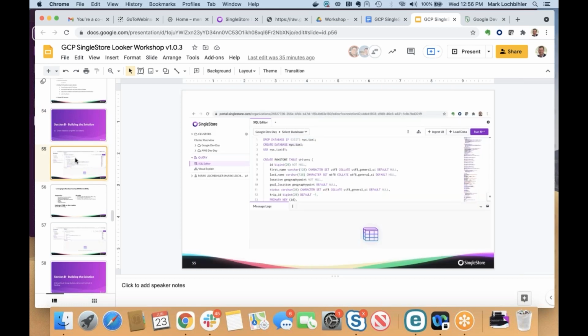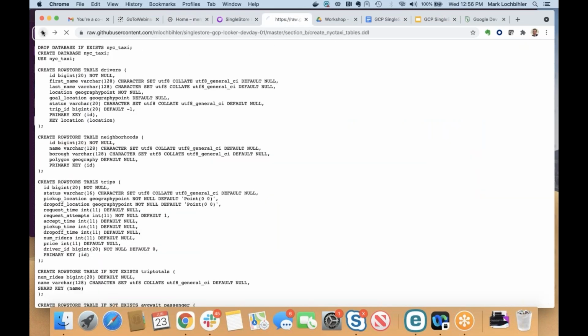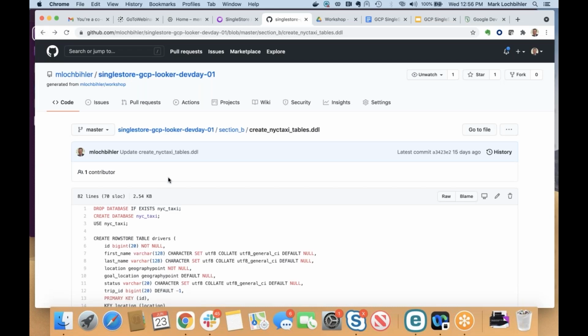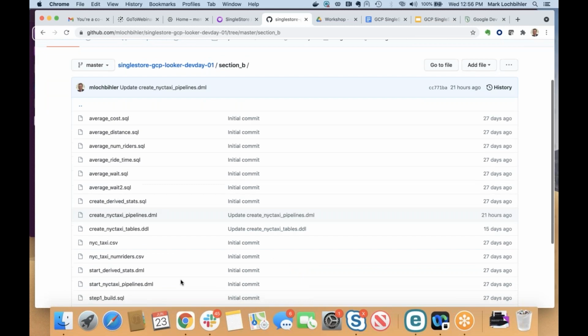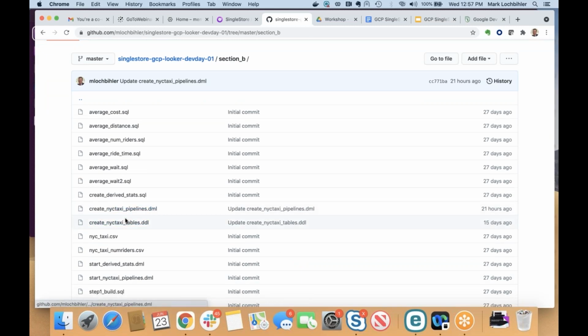So if I go back to the build step, what I wanted to show you is the actual code that we're going to use to create the cluster, and then also the code we're going to use to create the stored procedure. So let me just go to the GitHub real quick and show that off. If you notice, in section B, we have the create New York City taxi tables